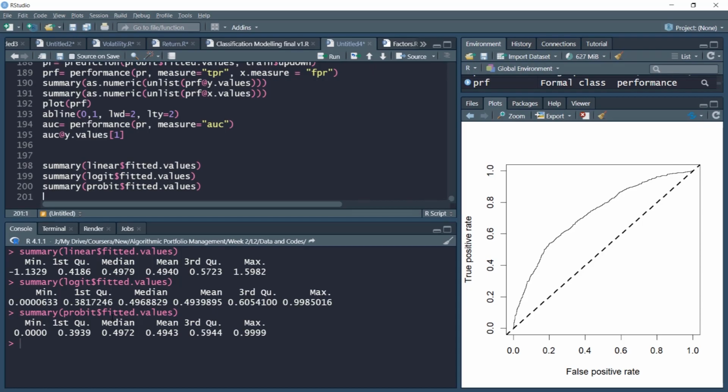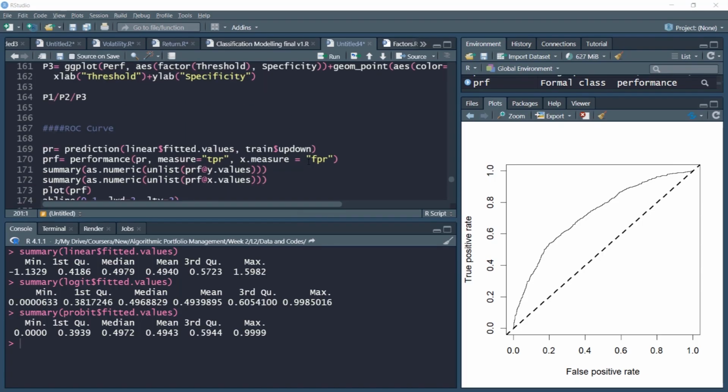And this was also borne out by the fact that the correlation is almost 95% between linear and logit or probit, and between logit and probit almost 99.9%. So because of such closeness, such high correlation, the classification, the ones and zeros, would be very similar, and that is the result: at different threshold values, the area under the curve, the accuracy of performance, is almost identical. So the area under the ROC curve is almost identical.